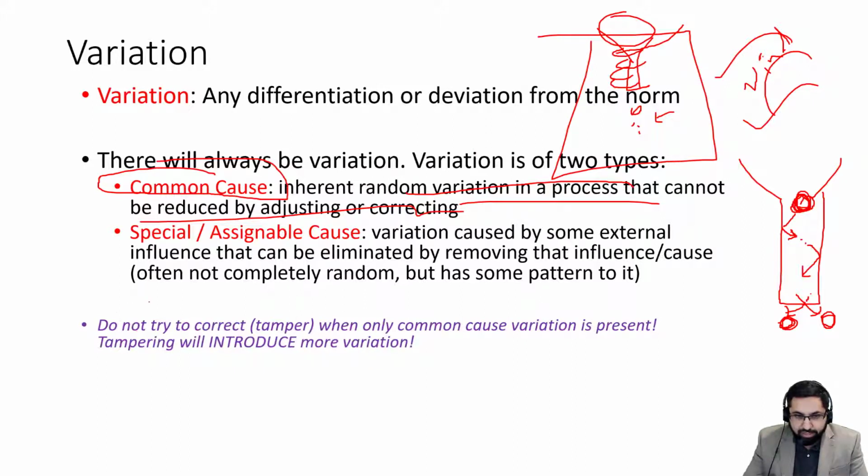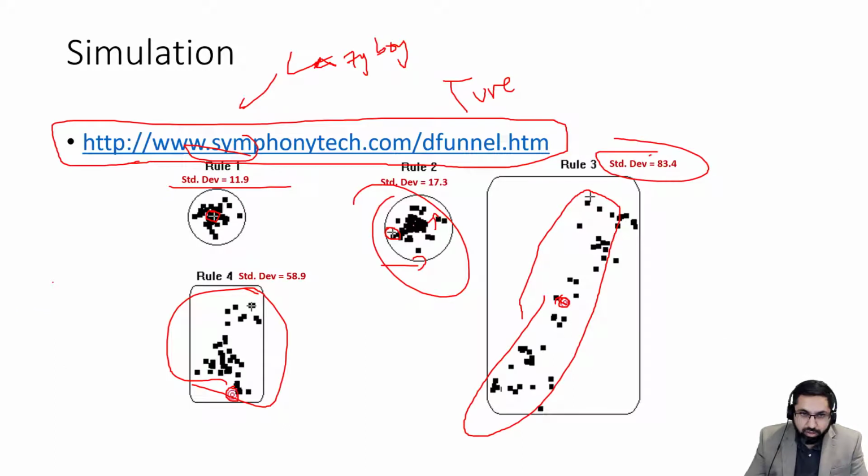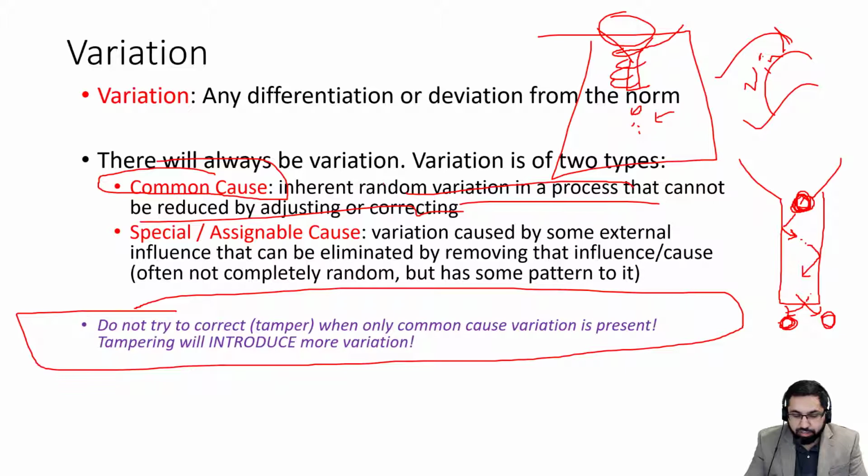So the main lesson is, do not try to tamper or correct when only common cause variation is present. Tampering will introduce more variation. So this is what we saw. Look at rule 1 where there's no tampering. Nice, right, around the target. Look at rule 2 where you're tuning or tampering after each marble falls, and your standard deviation goes up. Okay, so rule 1 beats rule 2, which means if there's only common cause variation present, don't mess with the